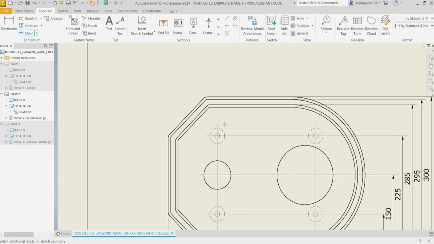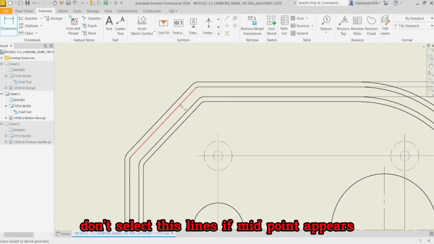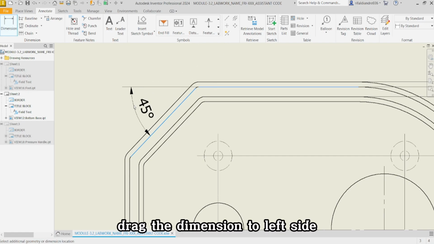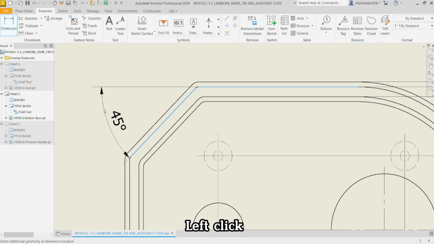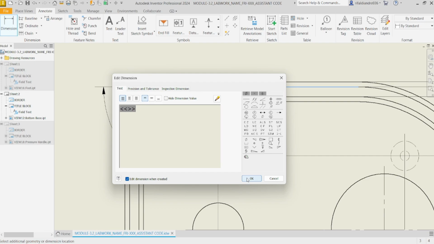Okay, next go to dimension and choose this line, but don't select this line if midpoint appears. Click, click, drag the dimension to left side and click, and then click OK.